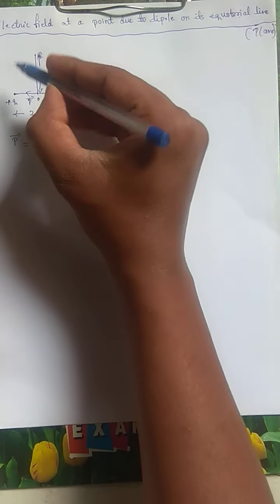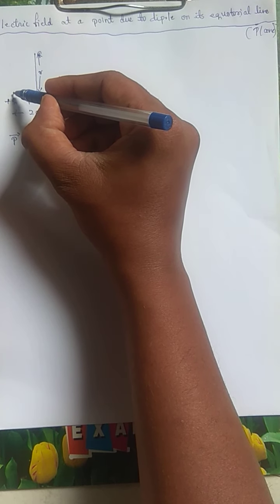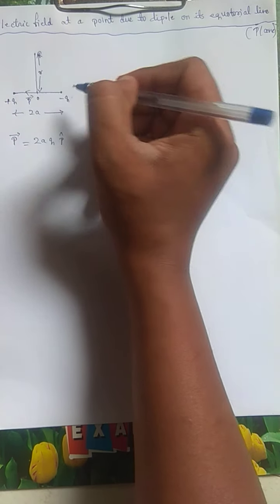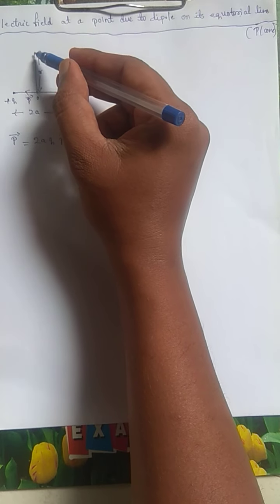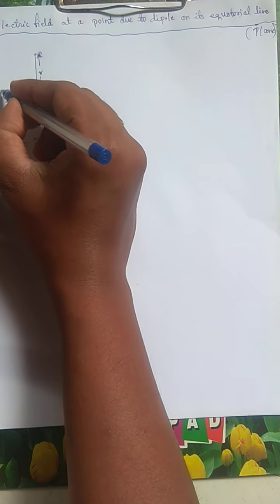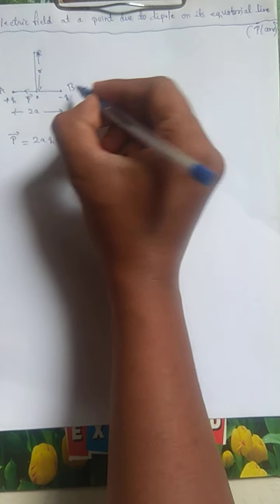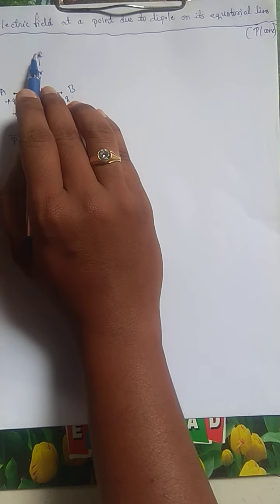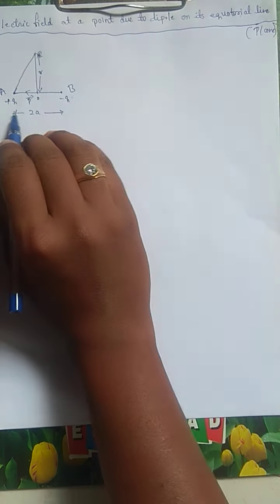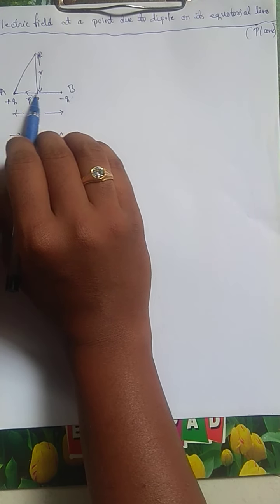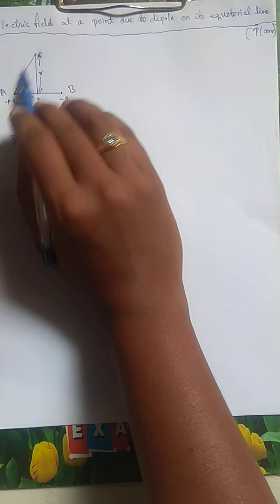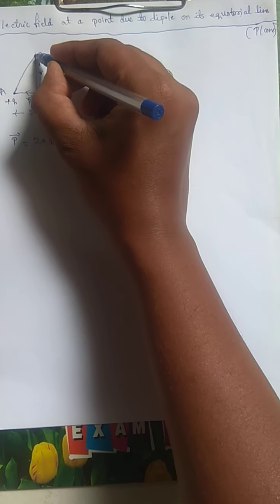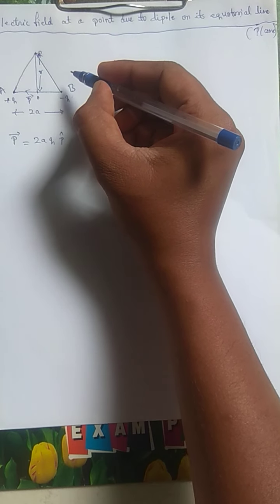Now we require the distance of the plus q charge from R and the distance of the minus q charge from R. For reference sake, we will call the plus q charge point A and the minus q charge point B. So this is point A, center O, and R. Now we need the direction of the fields, so let us draw it. We know this distance and this one, but we don't know this distance. Similarly, here the same case exists.